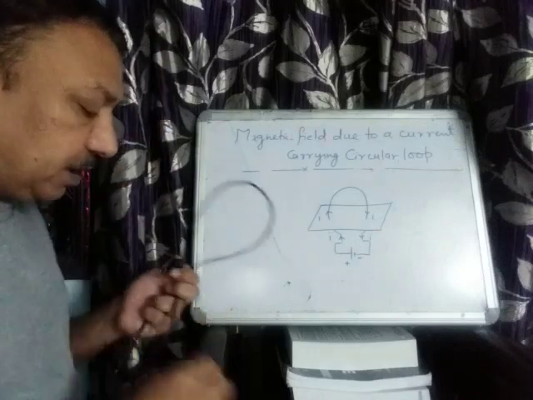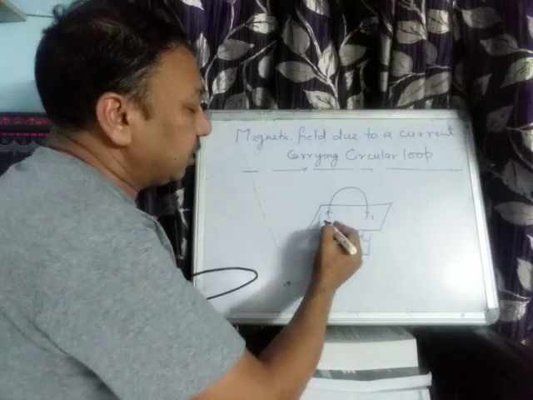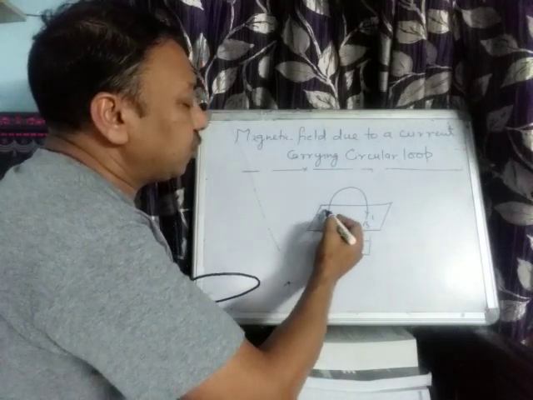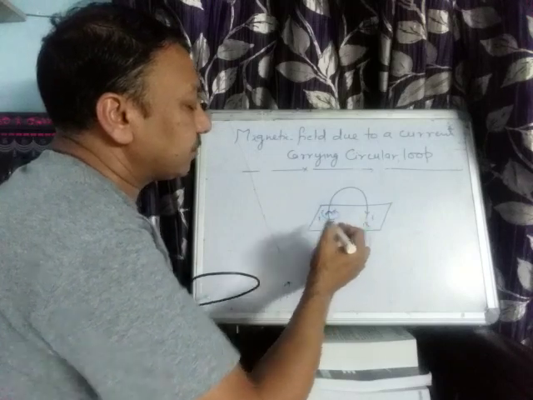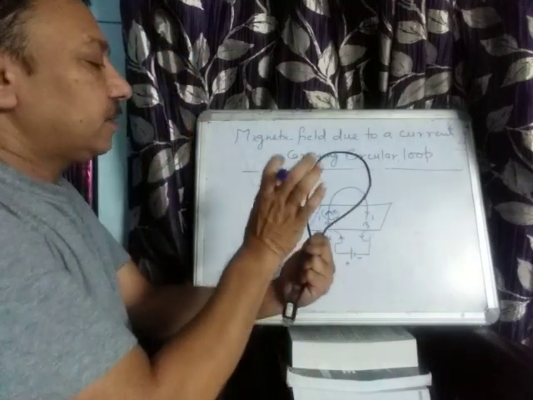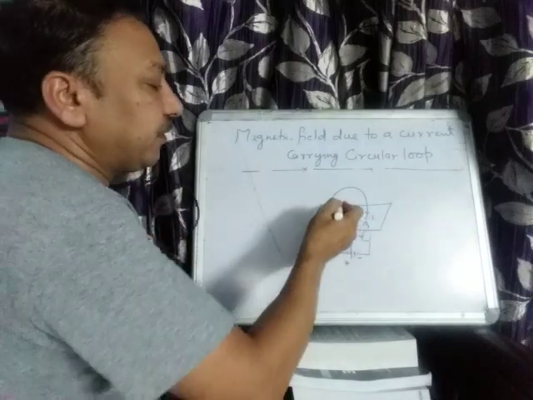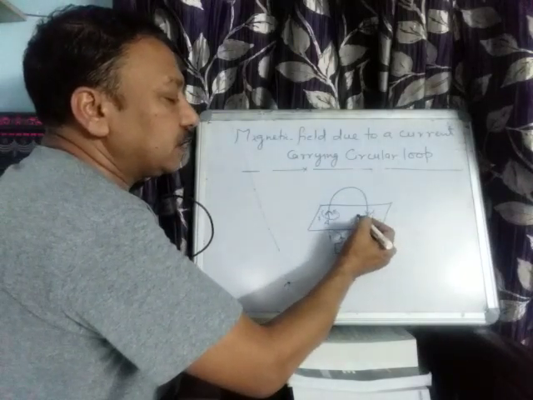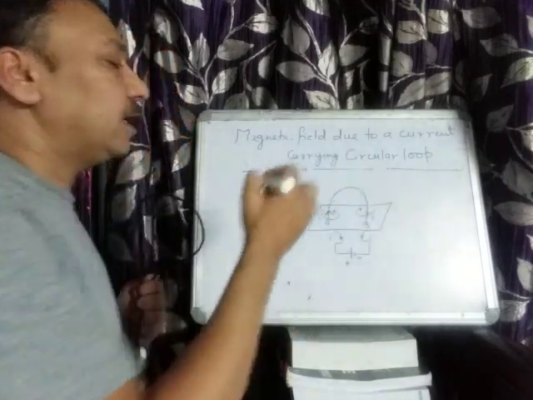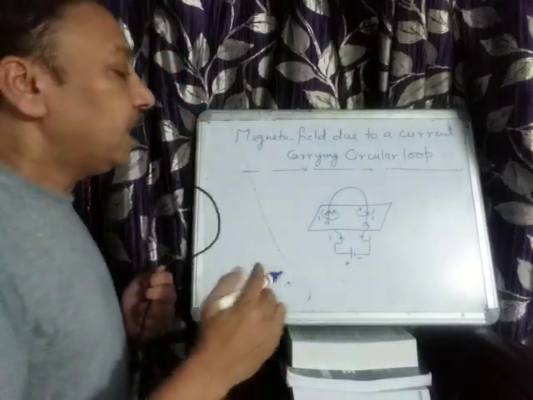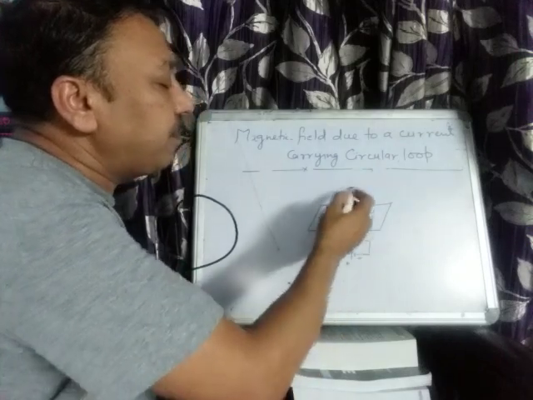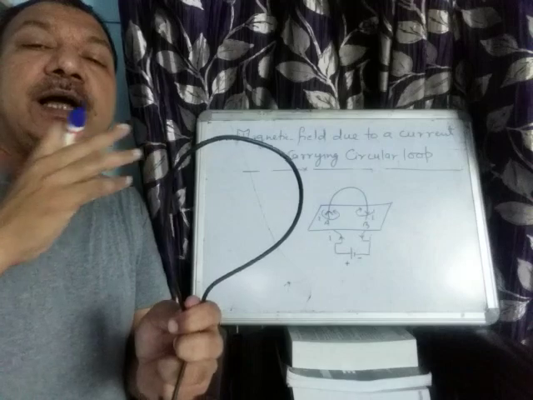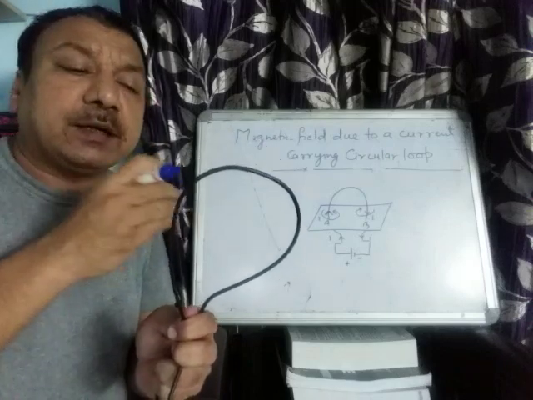Okay, so the same thing is here. You can see here on this end A, the current is moving upward, so the magnetic field will be this. From the front the magnetic field is entering, and here the current is coming down. Just apply Maxwell's right hand thumb rule and here the magnetic field is going in. So you can say that from the front the magnetic field lines are entering and at the back the magnetic field lines are scattering and turning back.